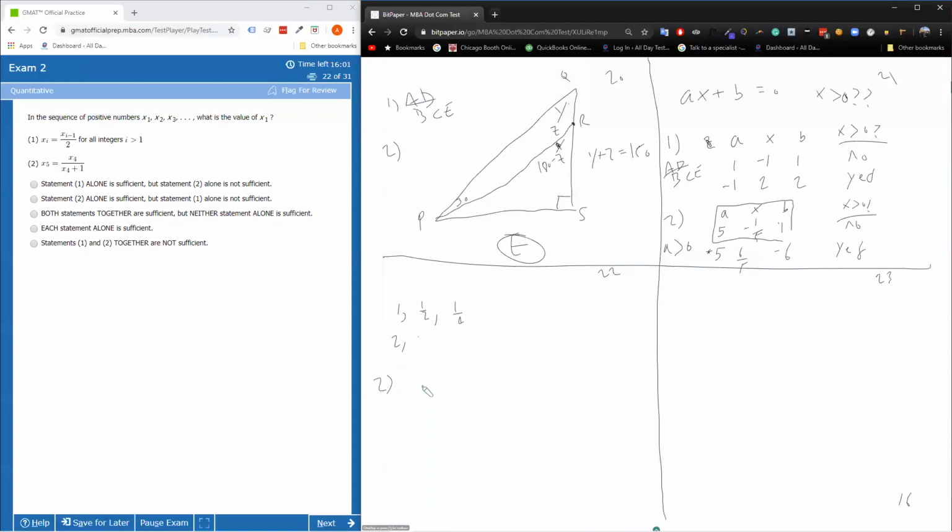x_5 is x_4 over x_4 plus 1. So x_5 is the number before it over itself plus 1. First one's insufficient. Second one's insufficient. The question is together. So